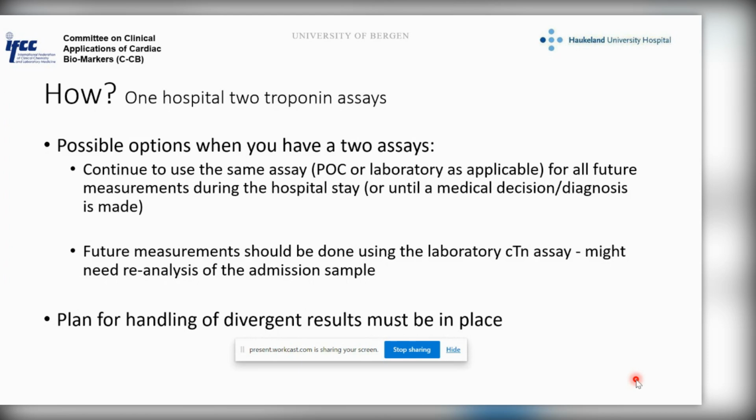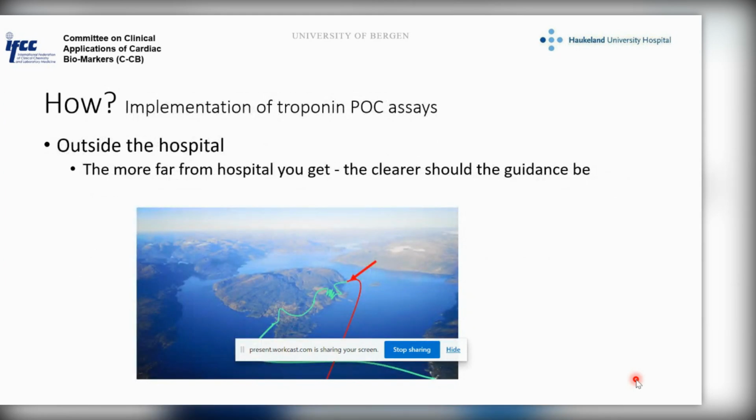And you have to have a plan for how to handle divergent results. If one assay is positive and the other is negative, you have to know how to deal with that. If you're outside the hospital, it's easier because you only have one assay. On the other hand,